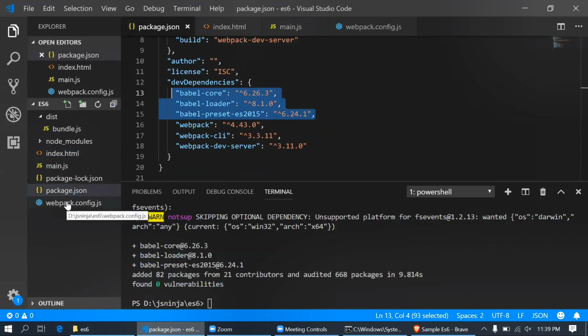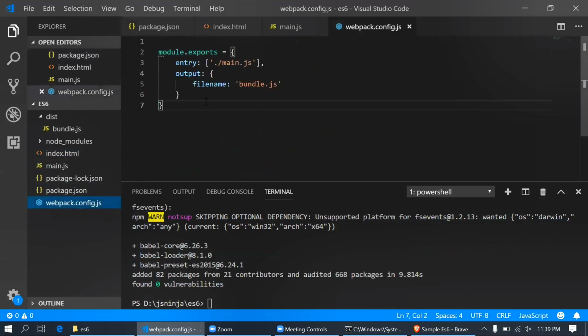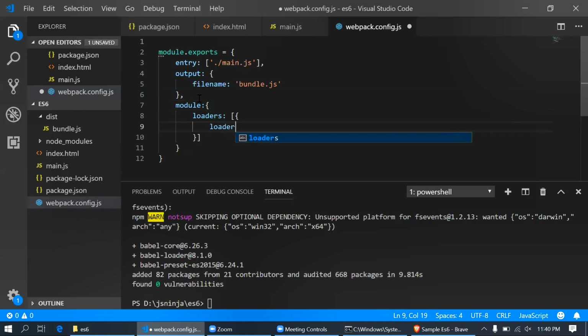Now we are going to configure Babel inside Webpack. How to do that? Inside module, we are going to keep loaders. That loaders will be an array. Inside that we put loader as babel-loader and test.